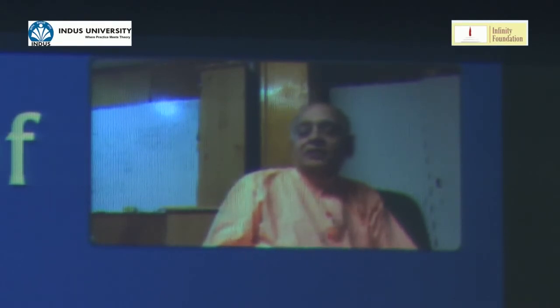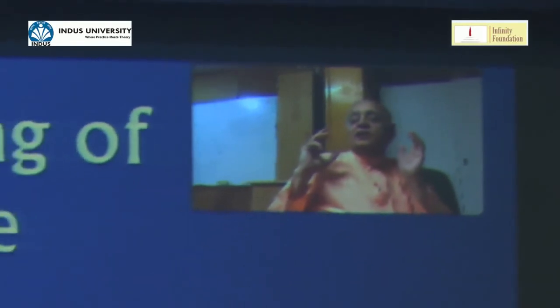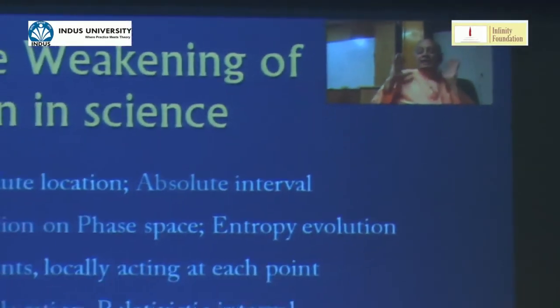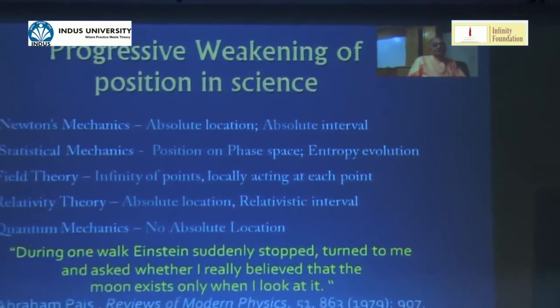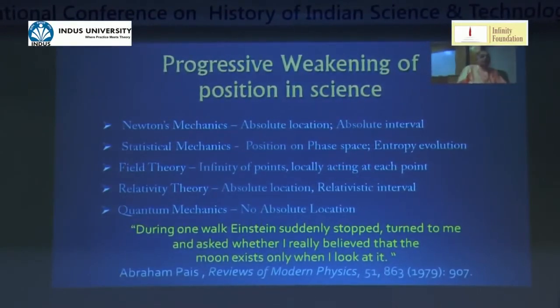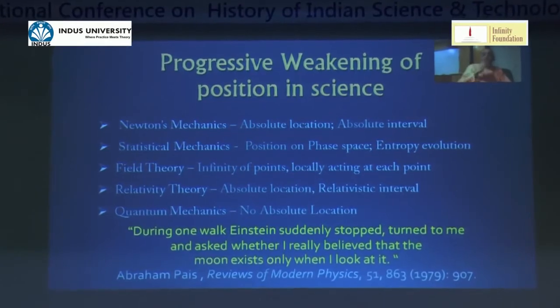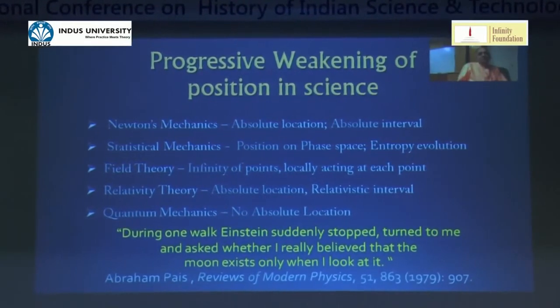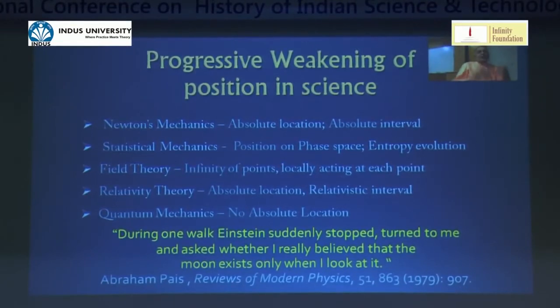So here is Abraham Pais, a well-known particle physicist, recollecting in Reviews of Modern Physics that during one walk, Einstein suddenly stopped, turned to me, and asked me whether I really believed that the moon exists only when I look at it. Now, why would Einstein ask that question? Does the moon exist only when you look at it? Because that is the implication of quantum mechanics if it's applied to the macroscopic level. Quantum mechanics says that something like an apple or a planet does not exist in a particular location except when you look at it. This is the so-called superposition and eigenstate debate. We will not go into those details, but basically the next slide,